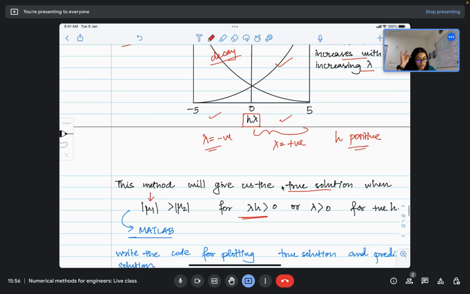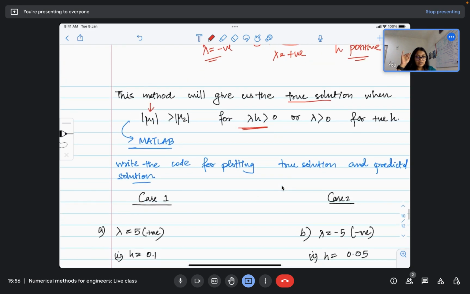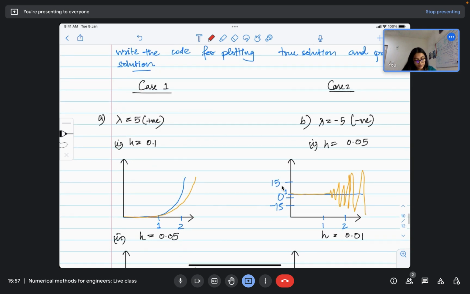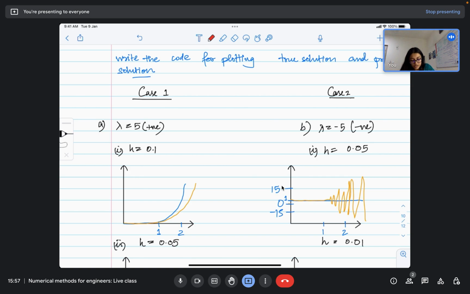This can be done in MATLAB. Here I will be showing you the results of what might come if we run this in MATLAB. So we will be seeing two cases over here, where we will see a positive lambda value and a negative lambda value. And let's start with a larger value of h. So let's first focus on the case where we have a positive lambda value and h is equal to